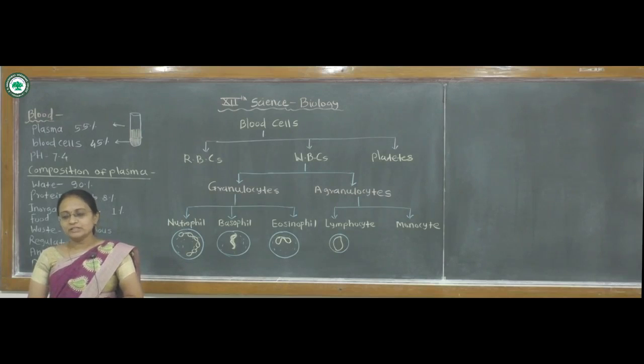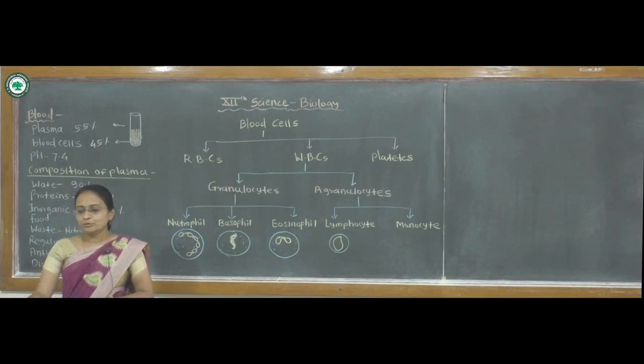These B lymphocytes mature in bone marrow and are responsible for antibody production, that is humoral immunity. They provide highly specific antigen antibody immunity. The T lymphocytes mature in the thymus and are responsible for cell mediated immunity. The helper T cell, killer T cell, memory T cell as well as suppressor T cell are the four subtypes of these T lymphocytes.